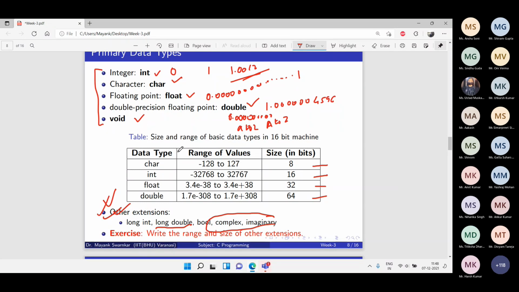Okay, so there's an exercise: write the range and size of each extension, other extension. So find that if you can find out. Also, you have to find out what are these range values which are assigned, and what are these sizes in bits. Okay, and does the size in bits depend on computer to computer, compiler to compiler, or does it remain the same for everything? Okay, not right now. I want the answer. If you know the answer, hold it for the next class. The first thing we'll do in the next class is this only. And if I forget, someone please make me remember.